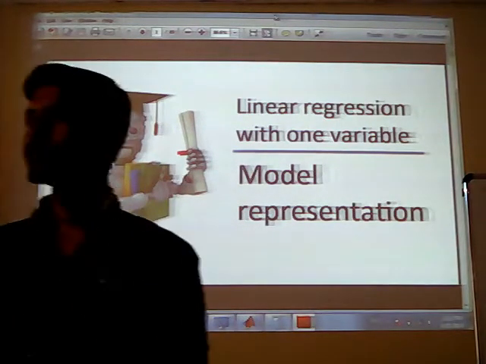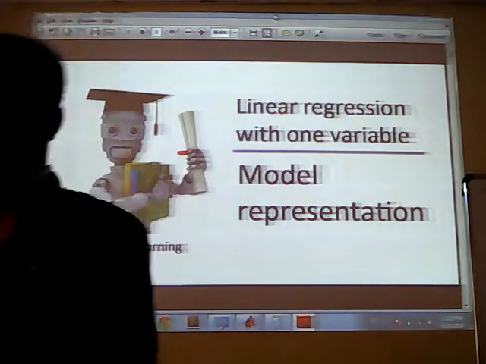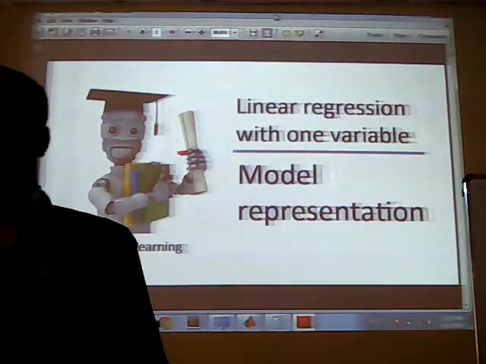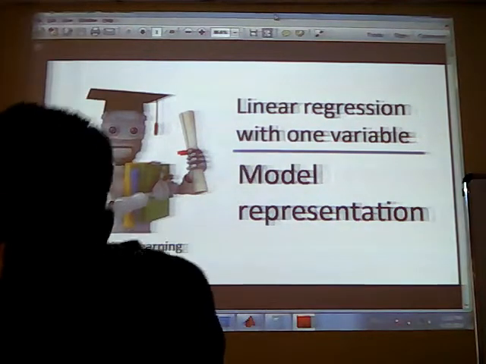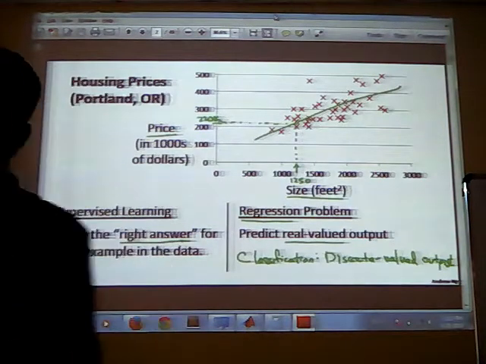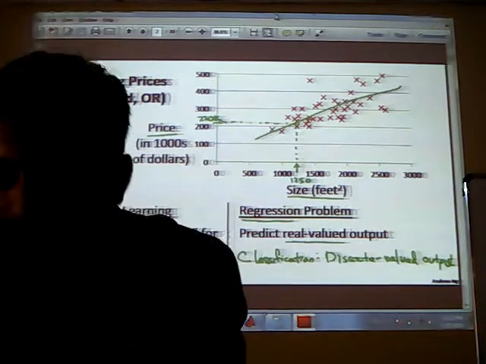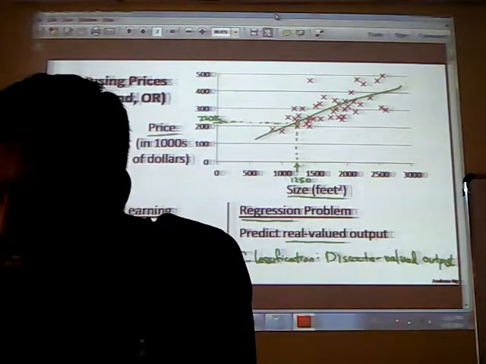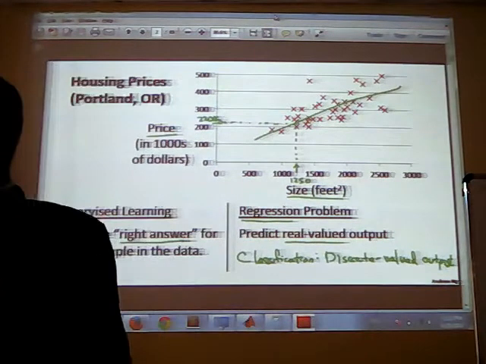So now we are going to start with linear regression with one variable. We have seen what a regression problem is. Now we are going to see an example of linear regression with one variable. We have seen an example in which the size of the plot was given and we have to predict the price of the house accordingly. Some data sets were given to us and we need to fit a model or a line or some kind of model to our data set.